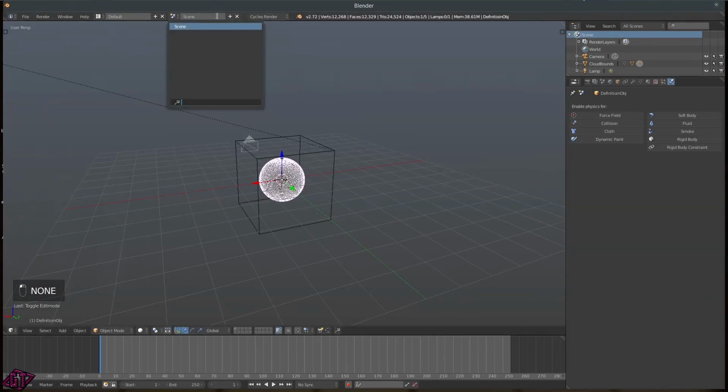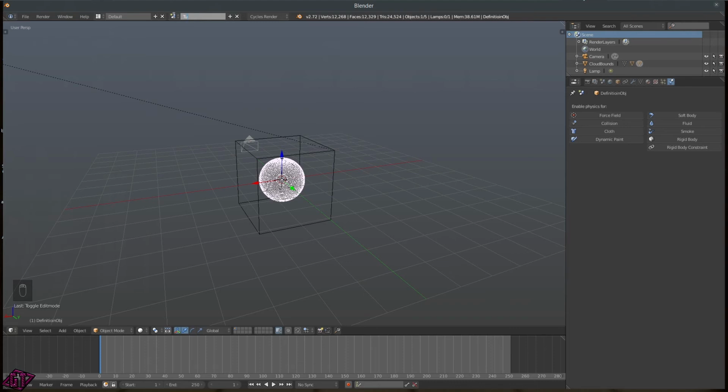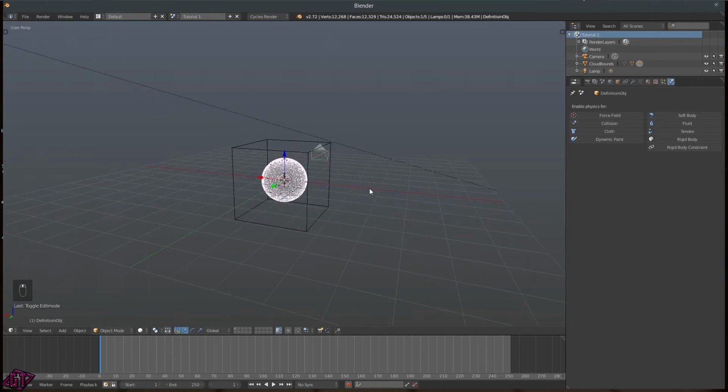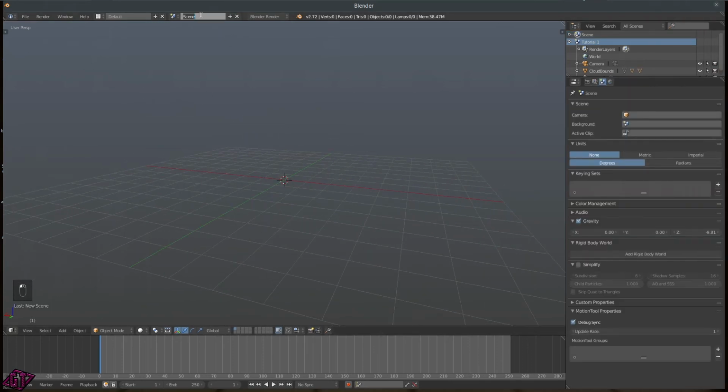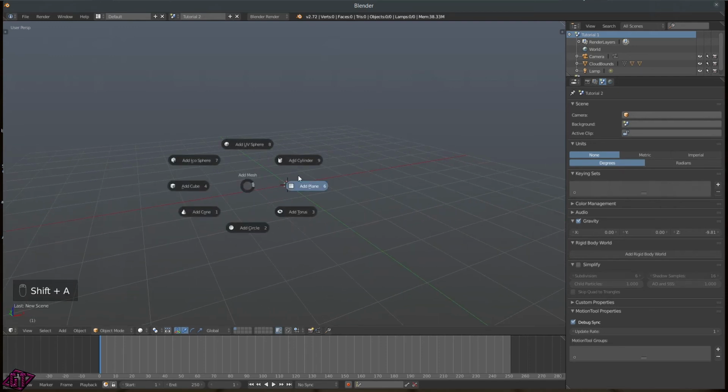If you want to create a new scene, like what's going on here, this right here is named tutorial 1. We can make a new one, and we can call this, I don't know, 2. And now you see it brought us, we got nothing on the layers, no lights, no cameras, no nothing. Shift A, mesh, icosphere here,